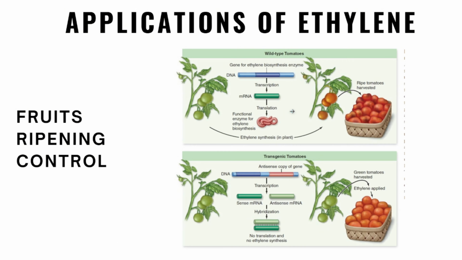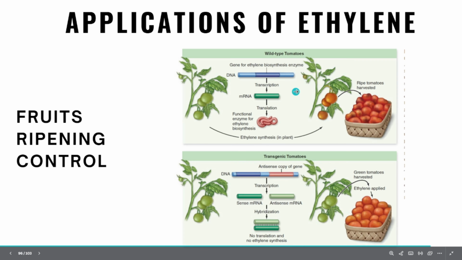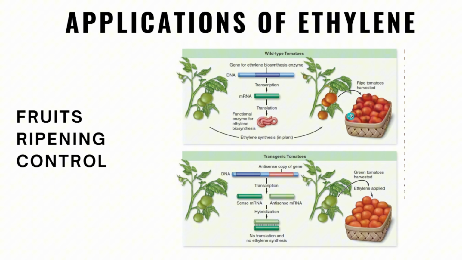And then this is an application of the ethylene, so it can act as the control of the food ripening. This is one of the applications where they use gene editing. They edit the gene of the tomato. So this is the wild type of the tomato. It contains the ethylene gene, and then they transcribe and translate it to produce the ethylene enzyme, ethylene, and make the tomato